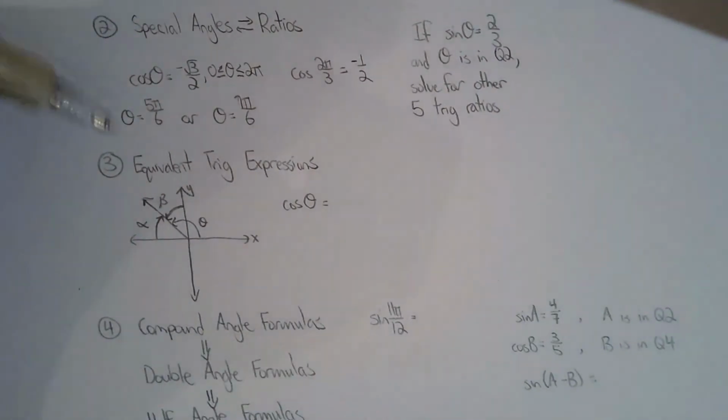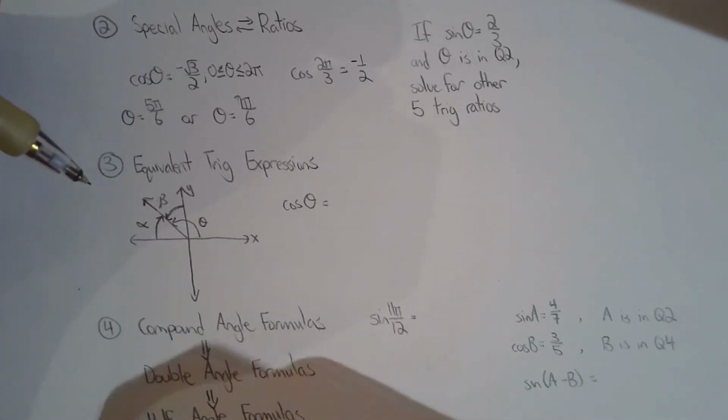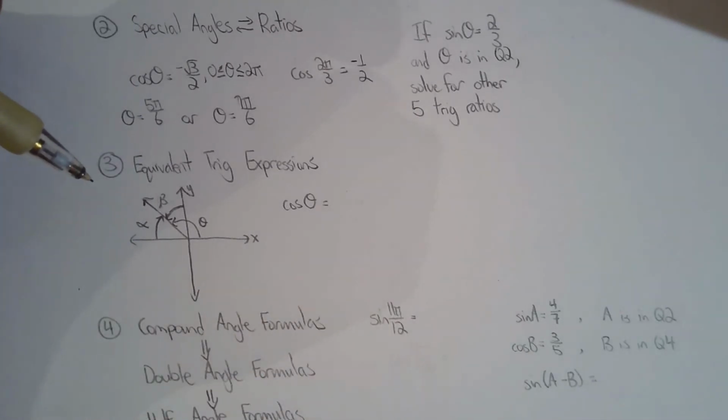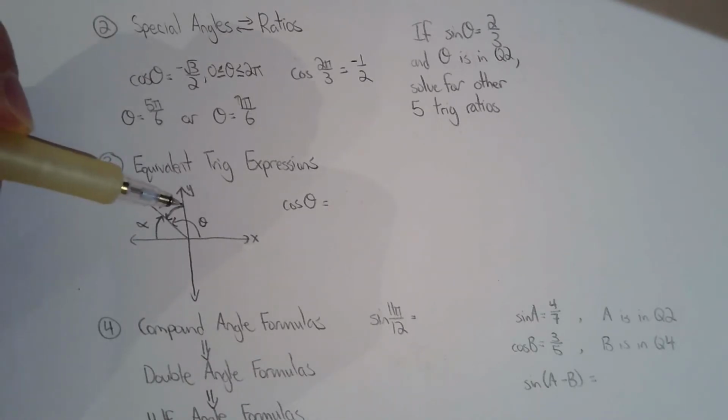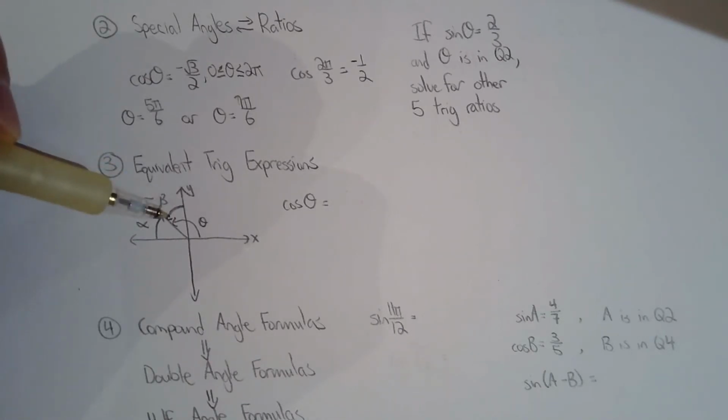The next lesson was on equivalent trig expressions. So just building equivalent expressions, but they're trigonometric ones. We first explored the idea of equivalent trig expressions, expressions that look different but are ultimately mathematically the same. I've drawn theta as our principal angle, alpha is the reference angle of theta, and beta is complementary to